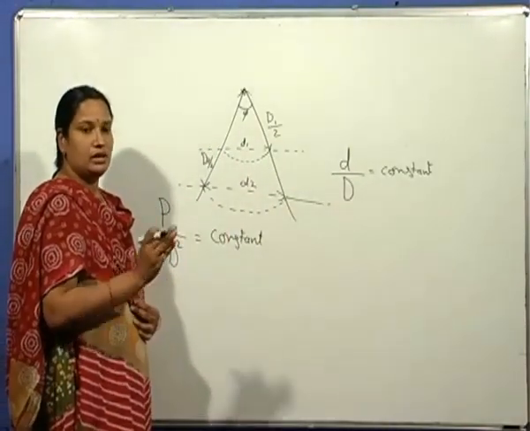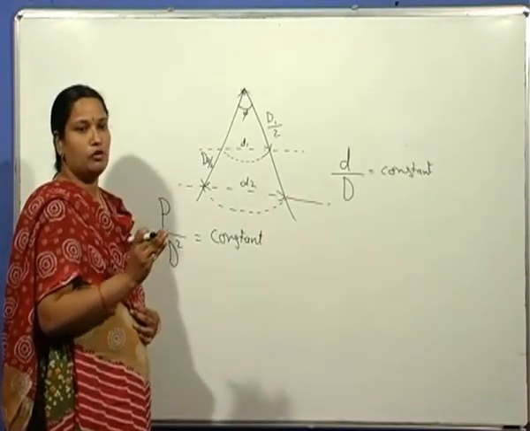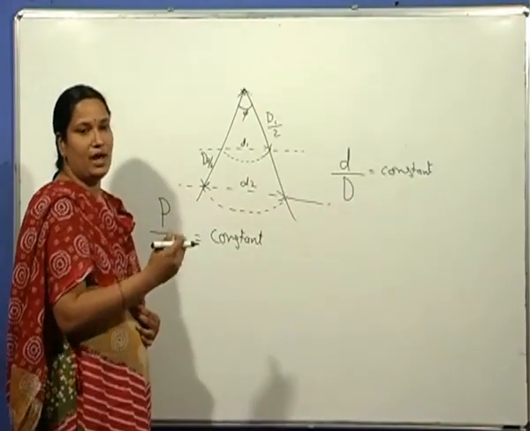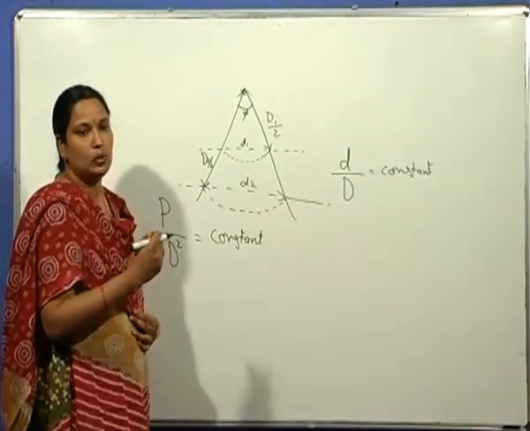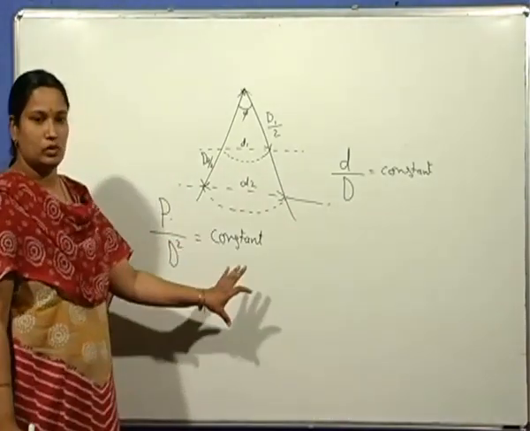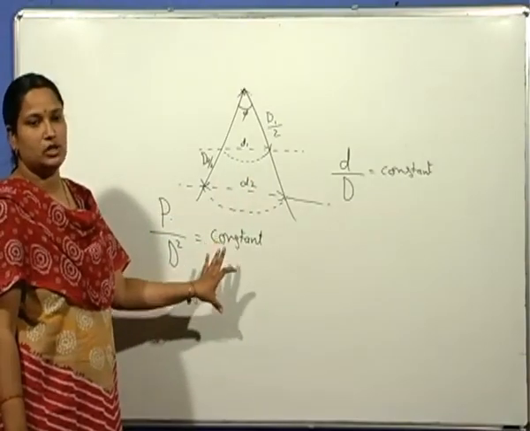Then only is the Brinell hardness number independent of load, or else the Brinell hardness values will vary with load. So by maintaining P by D square equal to constant, Brinell hardness values do not depend